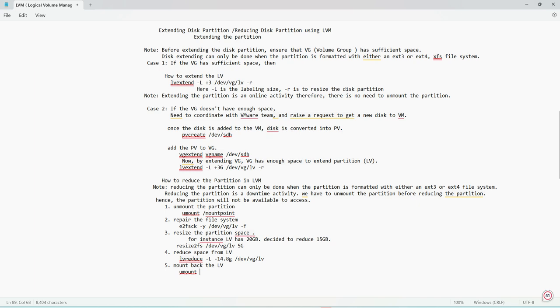umount /dev/vg/lv/mount point. Here, whatever mount point we have mentioned should be used in the umount command, and then we have to repair the file system. Repairing the file system is to ensure that no sectors or file system format are corrupted. Before resizing, we have to ensure that everything is fine by issuing the command